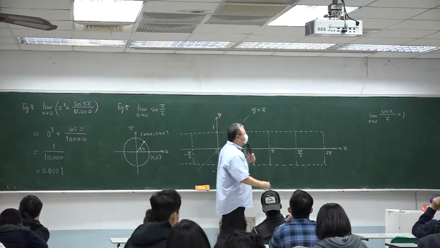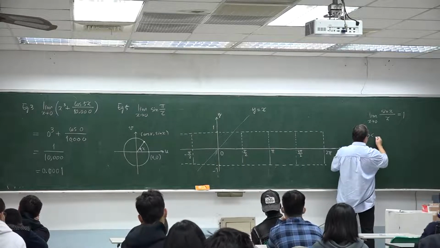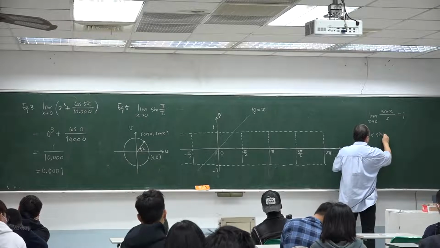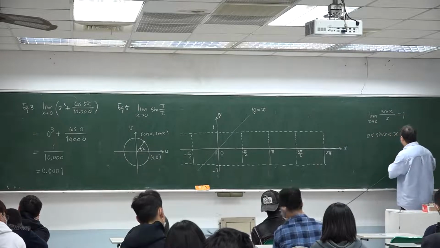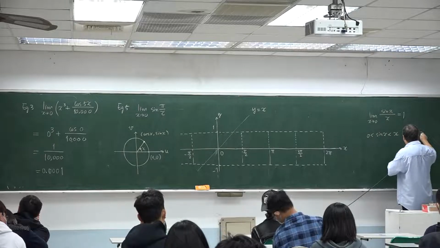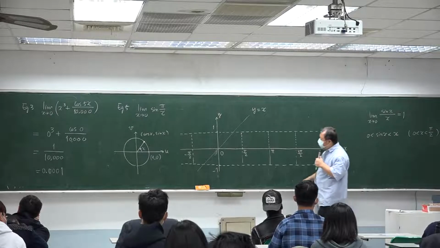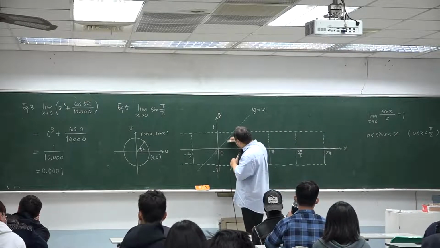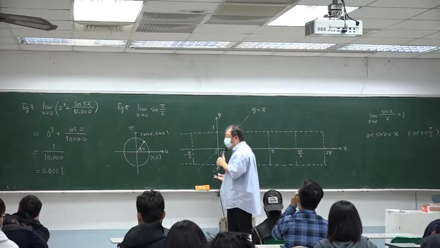But we have this inequality, if x is between 0 and half pi, so sine must be lower than x if x is large. But when x is very small,